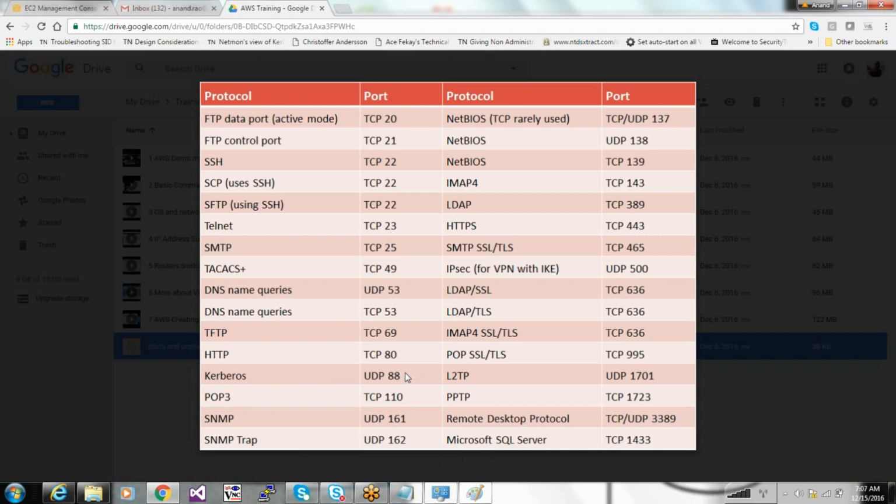The browsing that you're doing is going on in HTTP, which uses port number 80. DNS queries are running on port number 53. If you want to RDP to a particular remote server, that is done on port number 3389, specifically for Microsoft services. If you want to remotely connect to a Linux server, that will be done on port number 22, right? So you have to understand these.